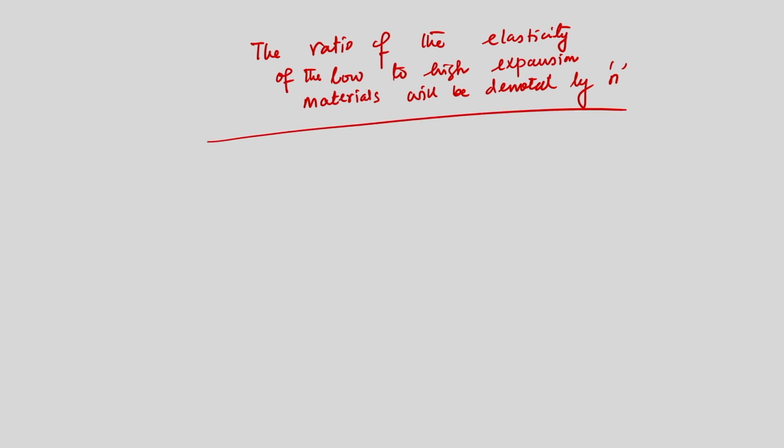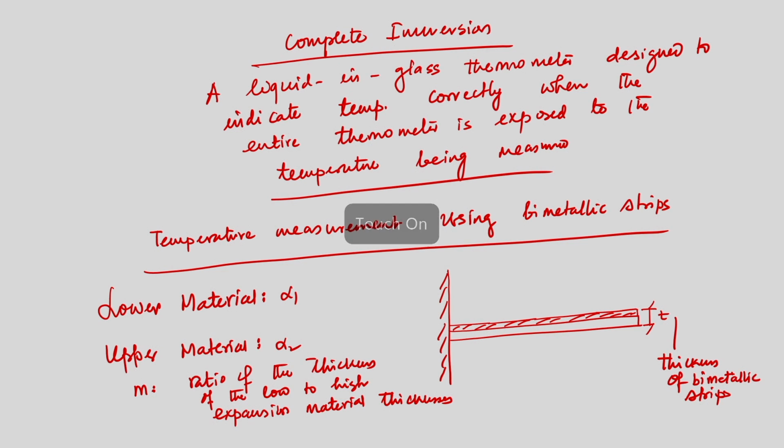So, these are the parameters we have defined. Number 1, that is elasticity of low to high expansion material is n, and similarly thickness, that is ratio of